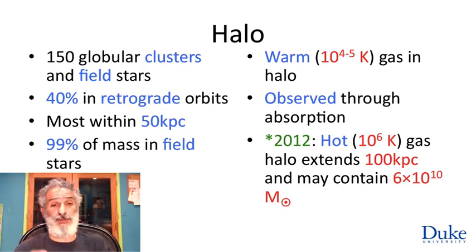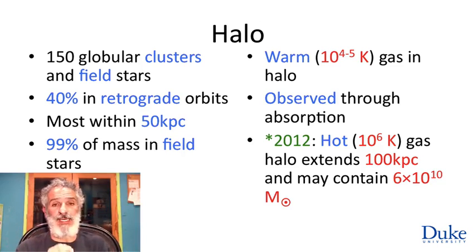A new discovery from September this year, so I'm putting it in there with an asterisk because I don't know how verified it's going to be, is that there is another gas component in the halo. This is hot gas with temperature of 1,000,000 Kelvin, which makes it transparent to visible light because there are no electrons with that excitation energy, but it has been observed through X-ray absorption by oxygen, highly ionized oxygen atoms in